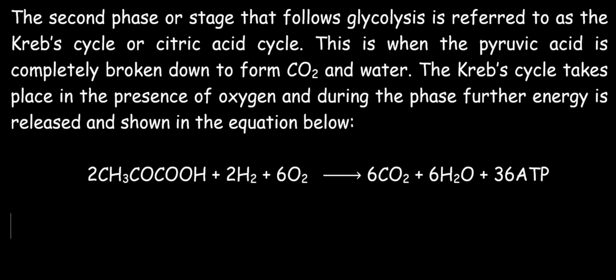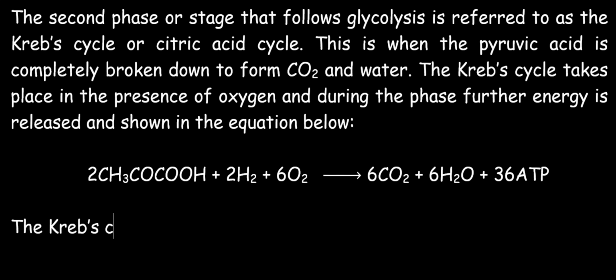And we can see that it is actually 36 moles of ATP that is being released. So from this equation and the previous one we looked at in the stage of glycolysis, we see that 2 molecules of ATP are released in the stage of glycolysis, while in the stage of the Krebs cycle, 36 molecules of ATP are released. We have seen the Krebs cycle in this brief chemical equation, but actually, the Krebs cycle